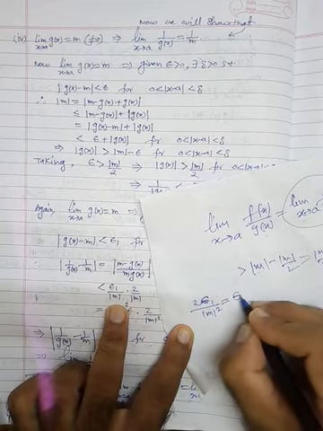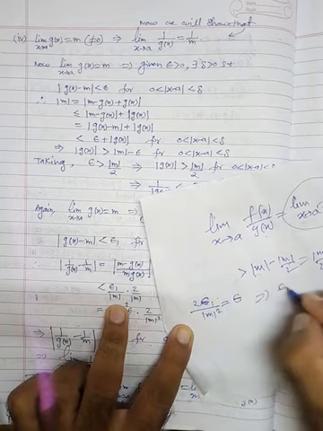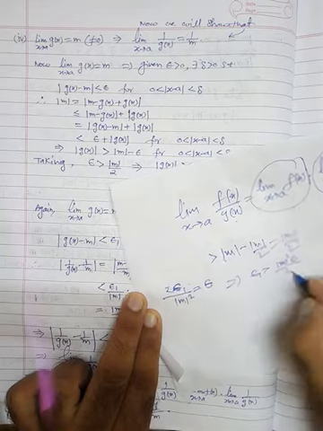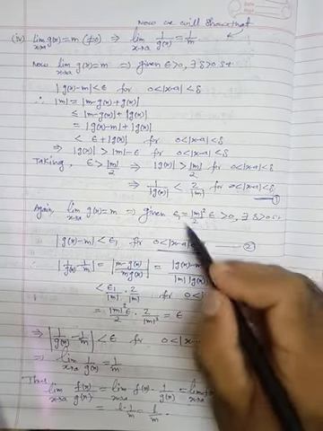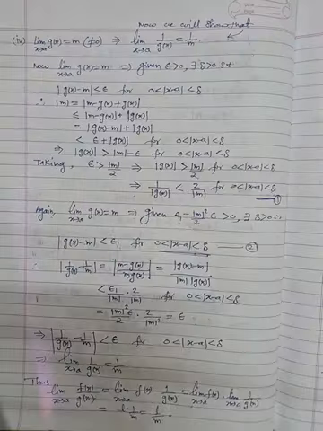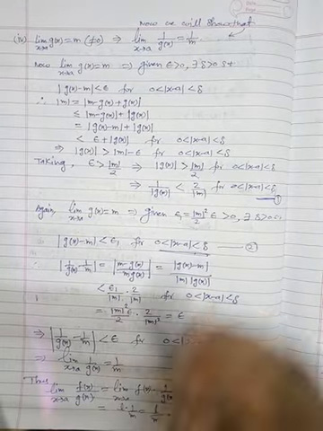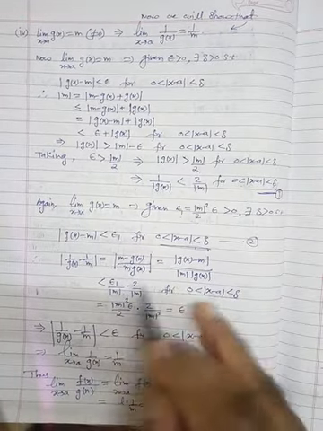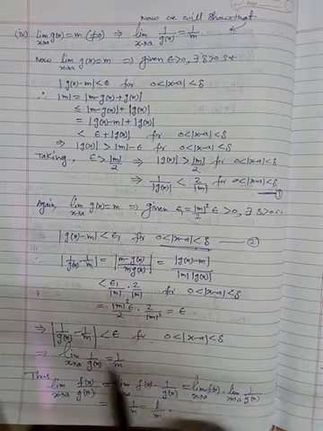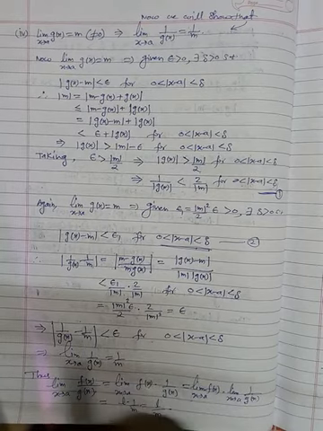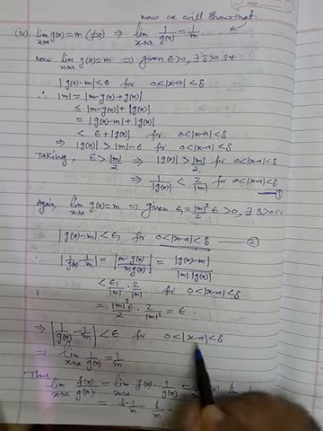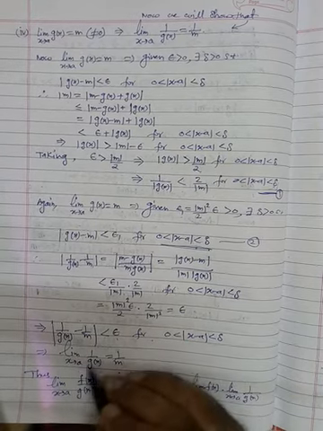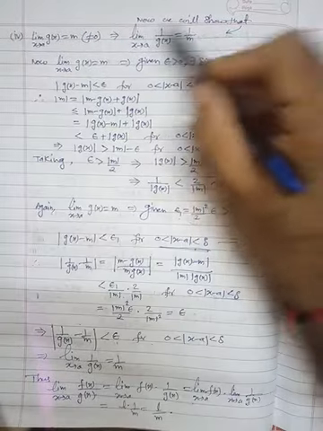So let's see, this is epsilon. So from here, what will be epsilon 1? Epsilon 1 will be the magnitude of m square times epsilon divided by 2, and that's why we have chosen this value. Epsilon 1 is selected as this. Fine. So just replace the value of epsilon 1 from here to here, we will get epsilon, or simply just take this as epsilon. Both are the same. Fine. So that's why |1 by g(x) minus 1 by m| is less than epsilon for this choice of |x minus a| in between 0 and delta, and hence the limit as x tends to a of 1 by g(x) is equal to 1 by m. So we have proved this part.